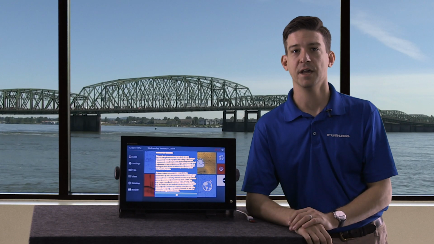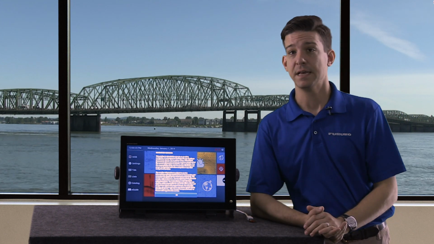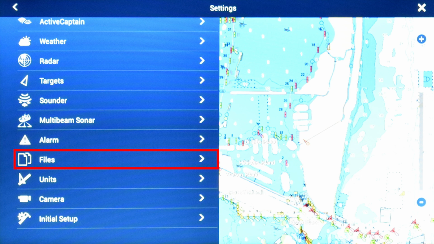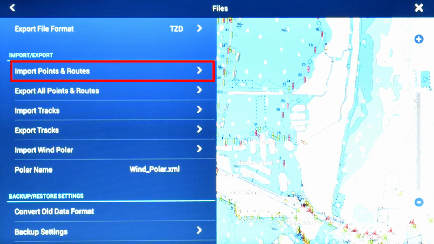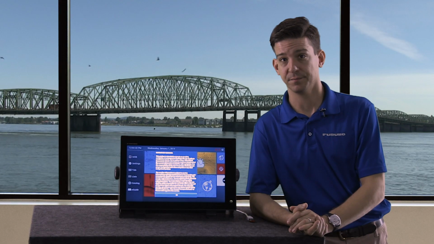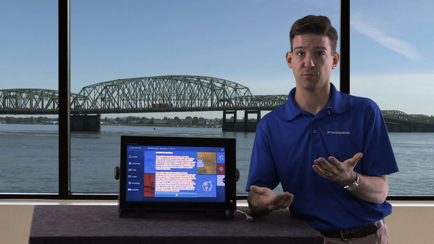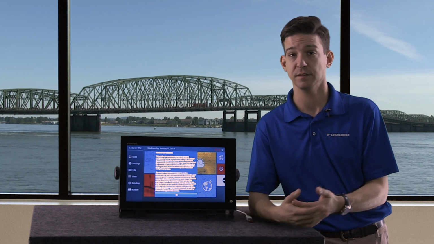Now that we've exited out of the Serviceman mode, and the unit is now repowered, we can import our user points, routes, and user settings back into the machine, and it will be ready for you to use. For further information, we have a complete write-up on the software update procedures available on our website,